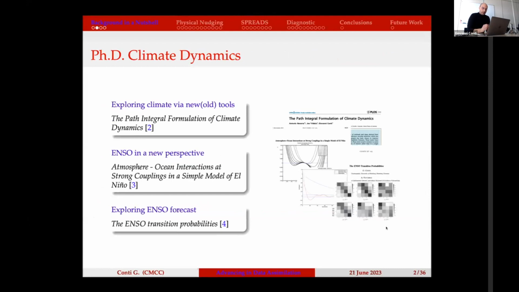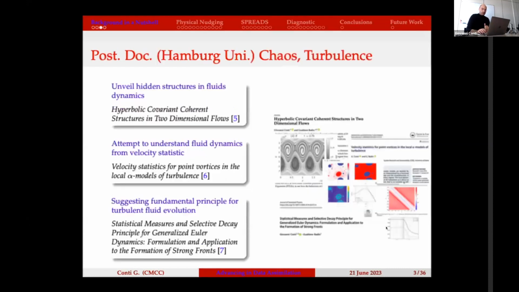In particular, we concentrated a lot on ENSO, trying to look at the ENSO as a system that is able to jump between two different states and to explain the asymmetry in its probability distribution, and then started to use some transition probability matrices to understand the forecast of ENSO. Then I spent 3 years and a half in Hamburg studying chaotic advection and introducing hyperbolic covariant structures to unveil hidden structures in fluid dynamics,